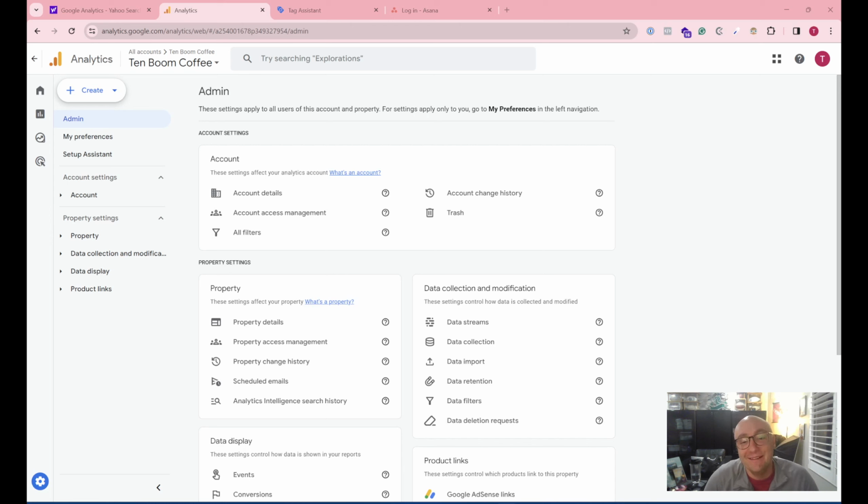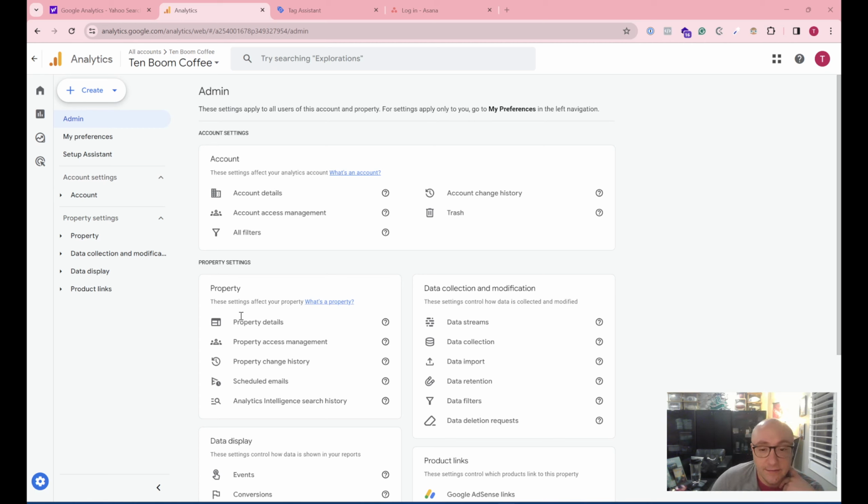My name's Taylor Keene. We're just gonna hop right in and I'm gonna show you how to optimize your cross domain tracking and then how to unlist certain domains as referrals because it's internal traffic, but you might have a payment source like a third party, like where it's going to checkout.stripe.com or something like that. So what we're gonna do is, if you're in your Google Analytics account and then you